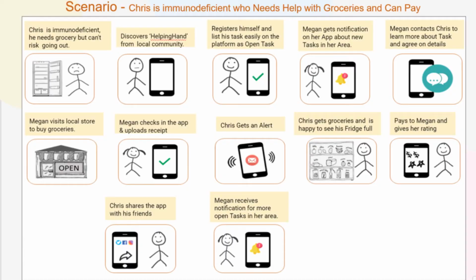All these different frames are then combined together to create a storyboard. So you can see in my example of Helping Hand, I have got 2 central characters, Chris and Megan. I have got captions where each and every action is being described. Then I have my user scenario, and I've added different visuals that I either took as icons from online, or I made use of the icons that are easily available in Microsoft PPT, and